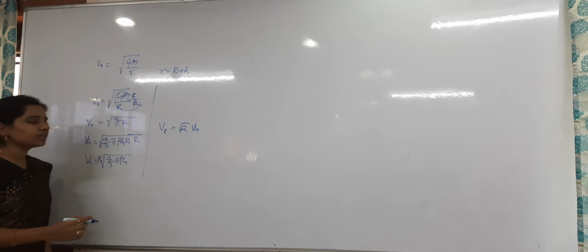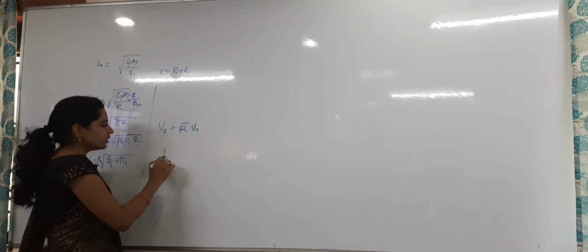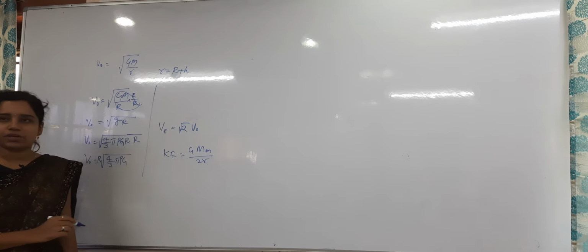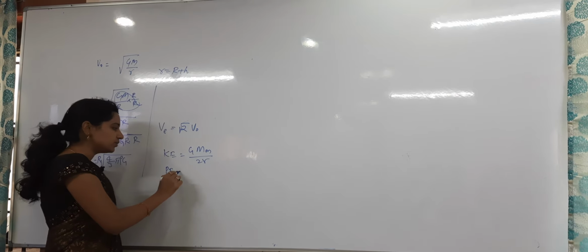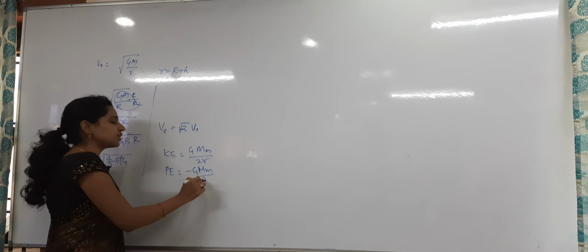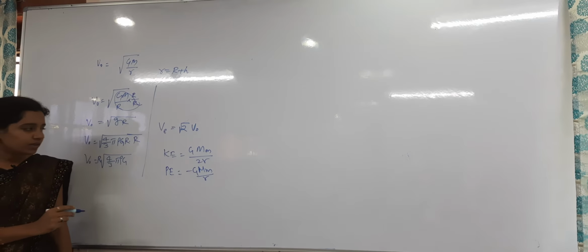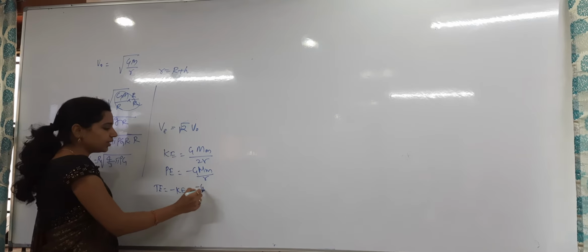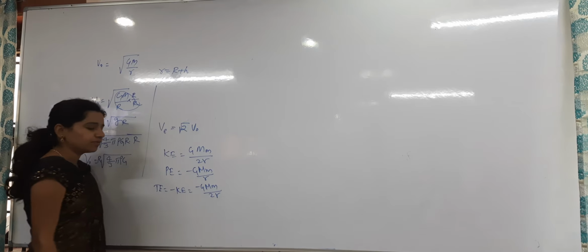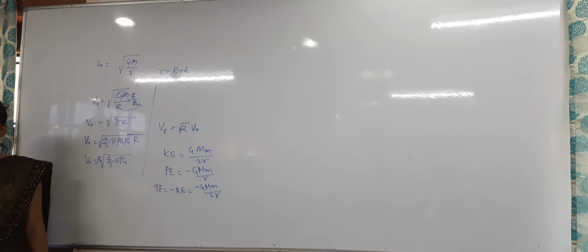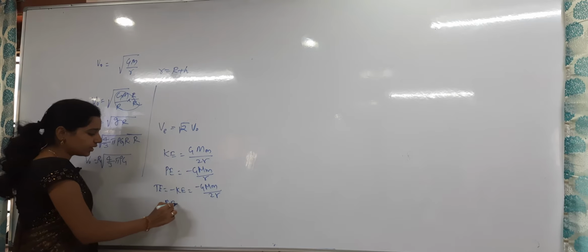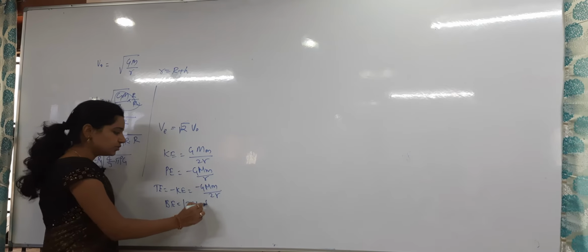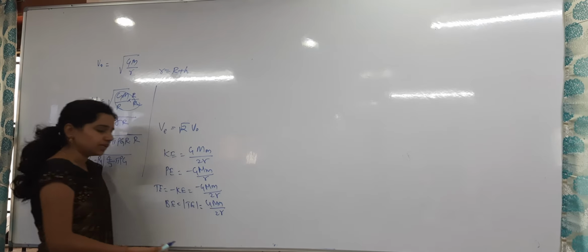After that we have seen the energies: kinetic energy, potential energy and then total energy. So kinetic energy in terms of GMm by r we will discuss. So what is the kinetic energy formula we got? GMm by 2r. Next, potential energy is how much? Minus GMm by just r only, not 2r, just r. Then I said total energy is equal to minus KE, nothing but minus GMm by 2r. Then what is the binding energy? Shortcut formula: binding energy is equal to the modulus of total energy, that is GMm by 2r only.